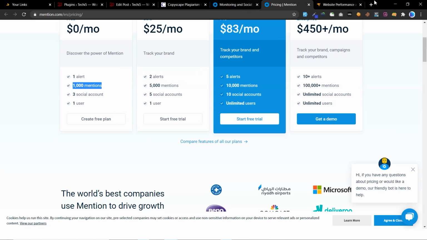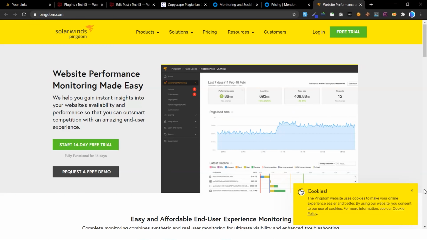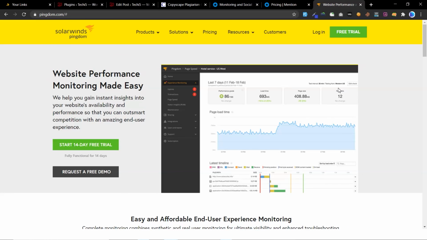And another thing is website speed. I mean, if some hacker is sending false traffic to slow down your hosting, it will affect your search rankings. So how can you prevent it? You can use a tool called pingdom.com. You can create an account here and add your site, and it will always check whether your site is slow or not loading. If it is not loading, it will send you an email alert, so that you can check it and contact your hosting to rectify it.